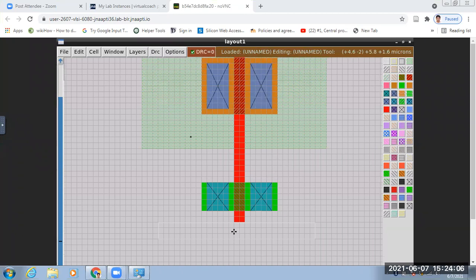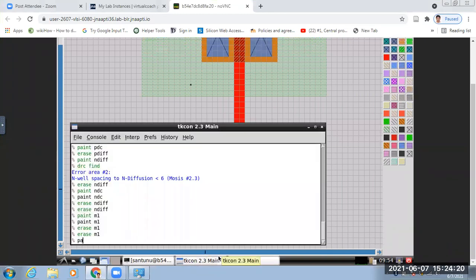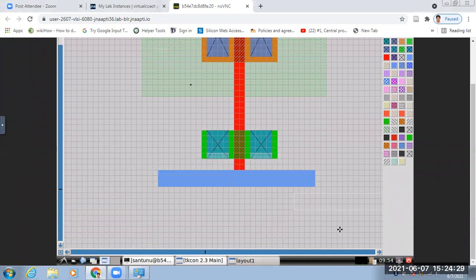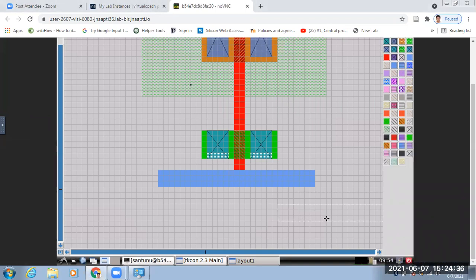So now see, you can draw the ground metal. Minimum 0.6 micron, so you can paint that.